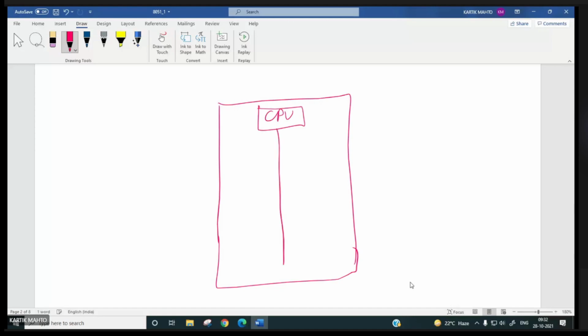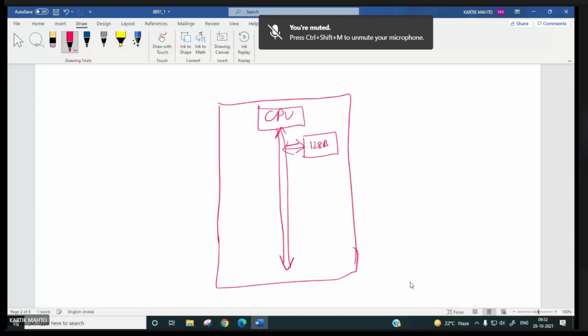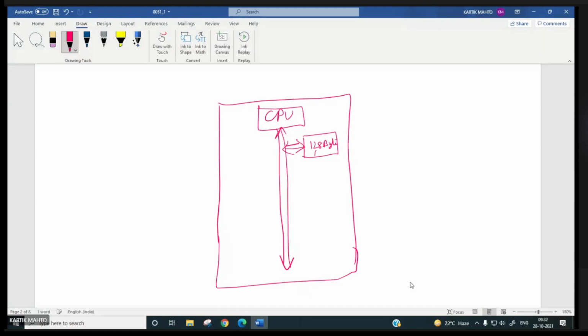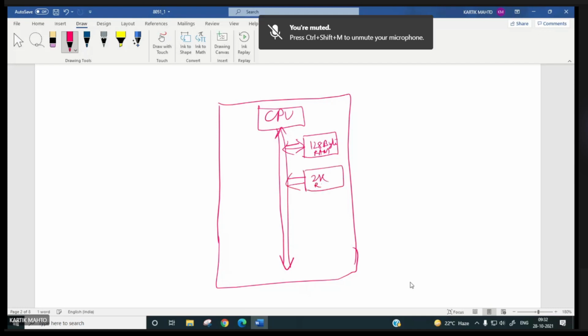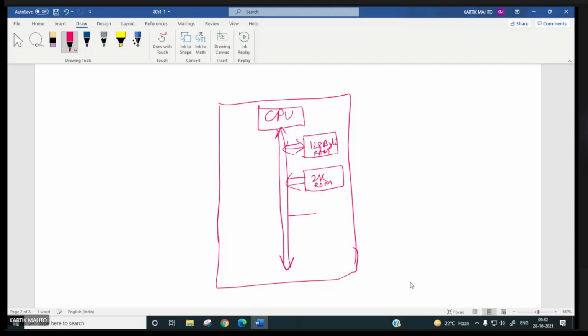The CPU can access the 128 byte RAM, the 4K ROM, and the SFR, special function registers. So now we will discuss this.